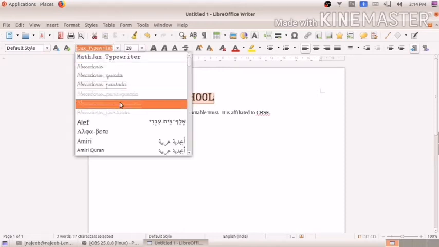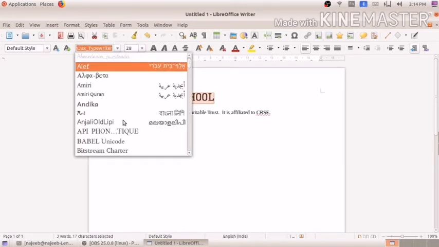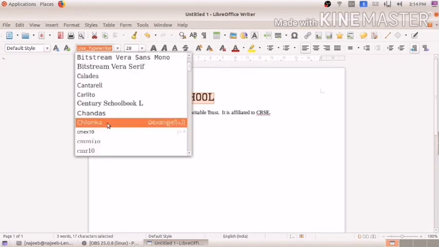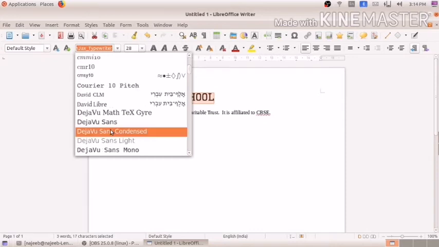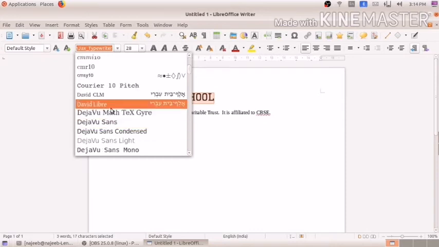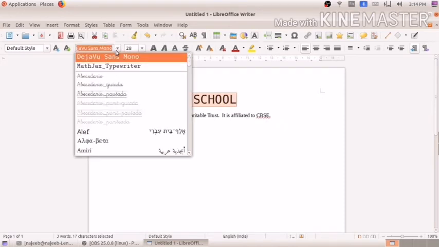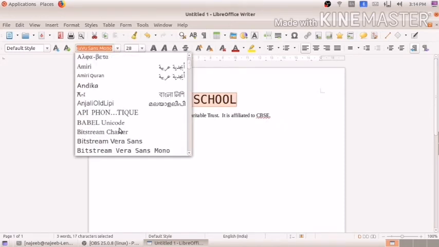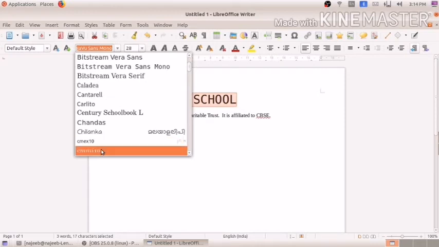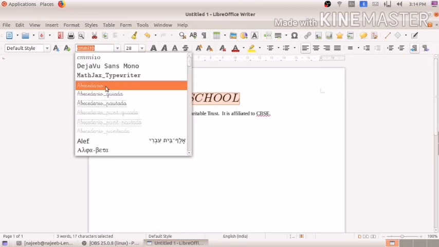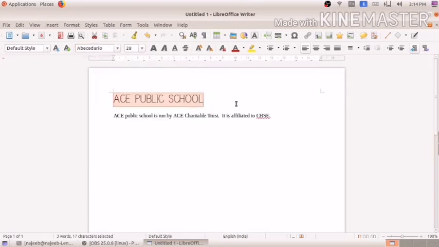If you select another one, it will change like that. Anyway, this type of font can be changed.